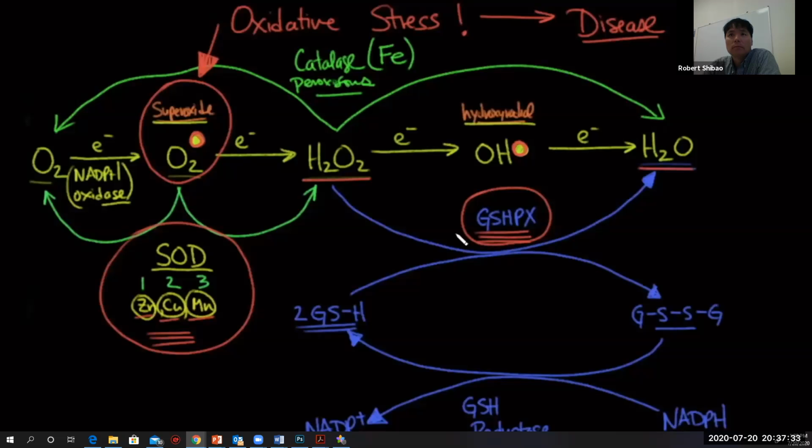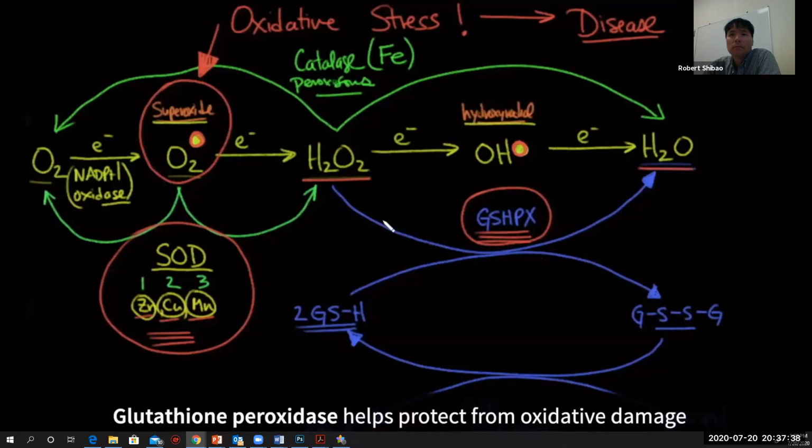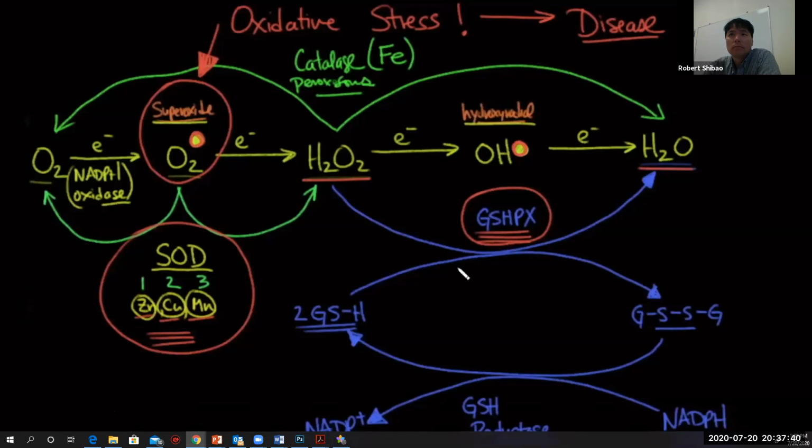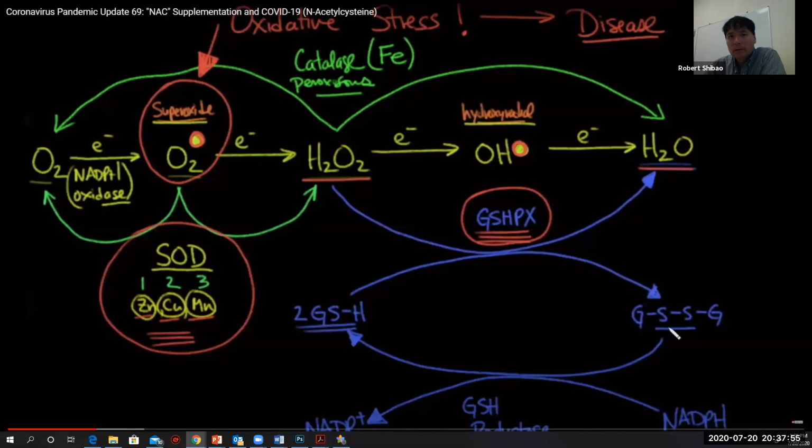And then finally, the one that we're going to talk a little bit more about is glutathione peroxidase. I want you to notice here that glutathione peroxidase takes glutathione, which is reduced, and it reduces the hydrogen peroxide and turns it into water, while it itself becomes oxidized into a disulfide bond, is what it's called. So sulfur is a very common reducing agent. And so reducing agents are antioxidants, because reducing agents are the sacrificial reducing agents.